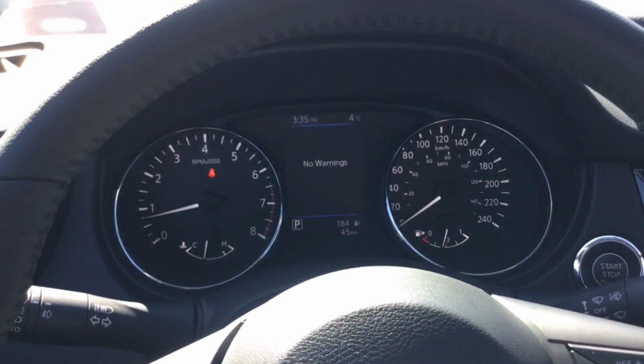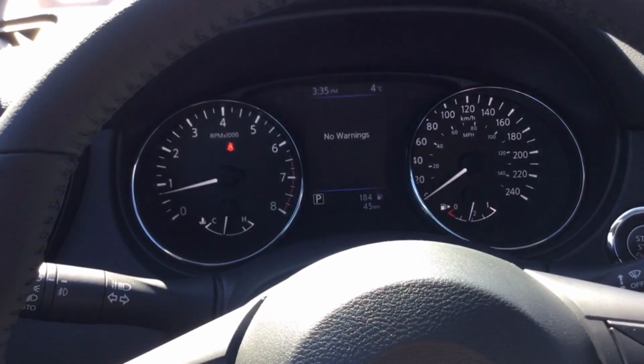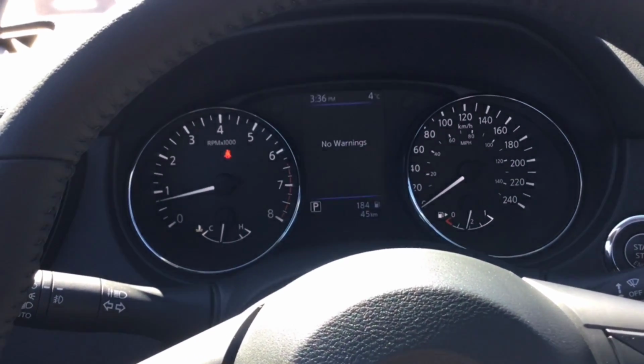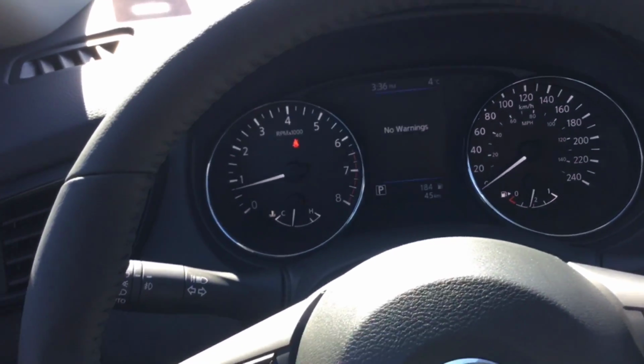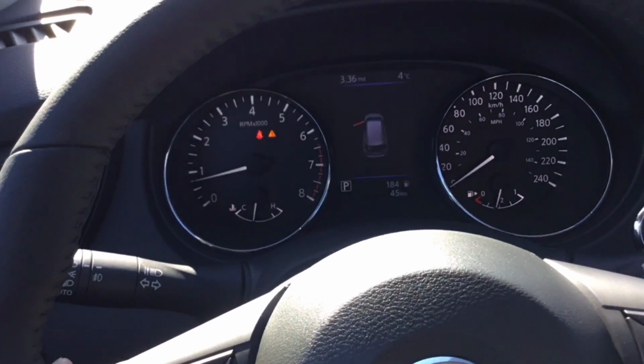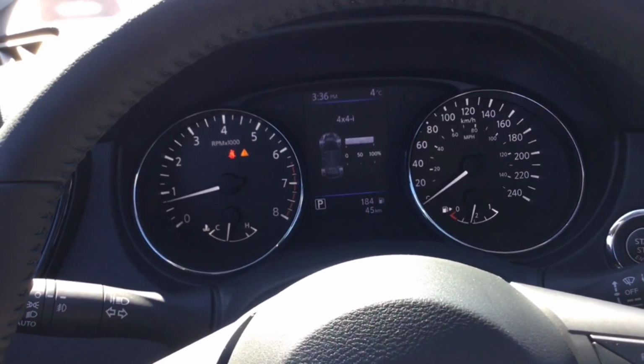However, you can come back to this screen to see what they are. And if there's multiple warnings, it will list them so that you can cycle through them. To clear the warning, and I'll show you here, I'm intentionally going to open the door. So there's my warning. I'm going to clear this off so that I can still go through other screens, but